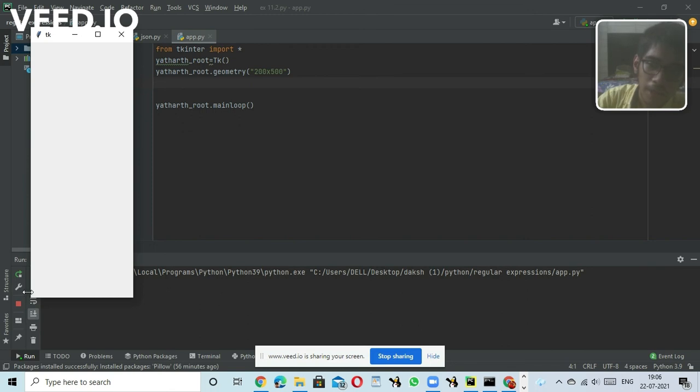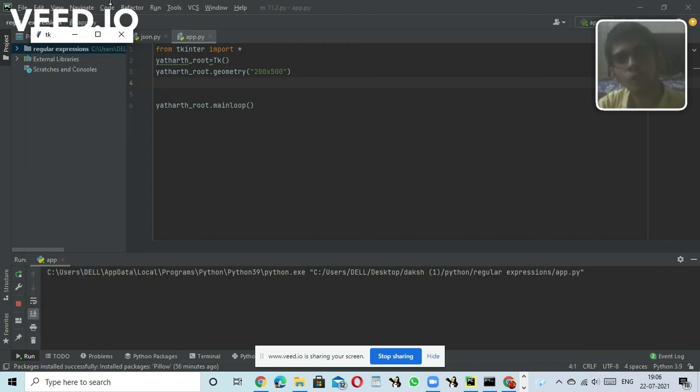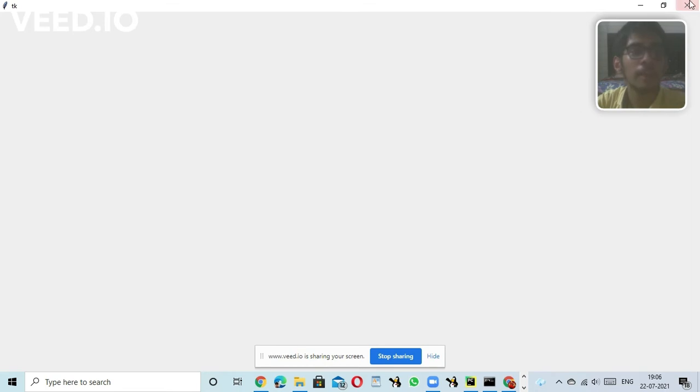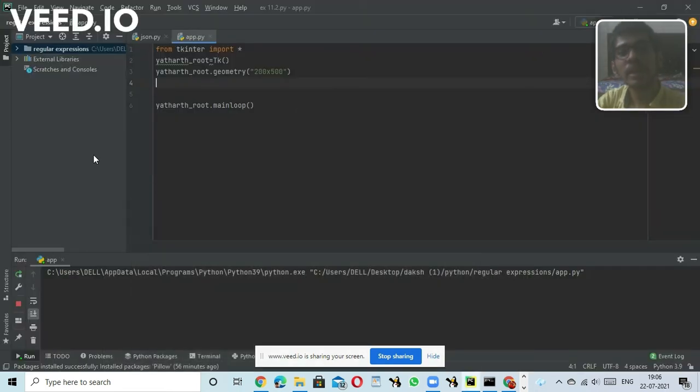A window of a certain size has opened, but I can still contract it to the minimum, and make it maximum up to my computer screen. So how can I avoid this? First of all, why do we have to avoid it? We have to avoid it because of the GUI you have made.